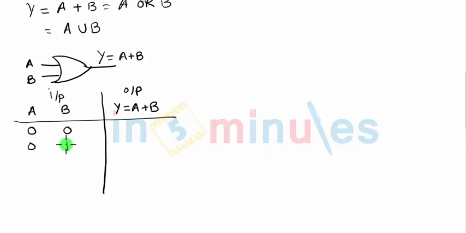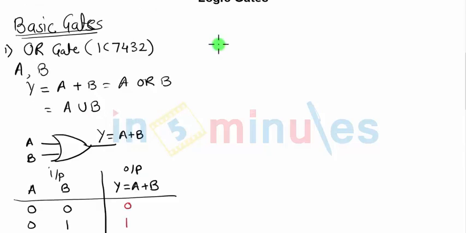So what would be the next combinations? Next combination, as A turns to 1, B is again going to get 0 and 1 with A 1. So output, now output will be noted as A or B. So 0 0, both are absent, output Y will be 0. 0 1, see either of the inputs is present, A or B. In this case B is present, so B is 1. Here A is present, so output is 1. Both are present, output is also 1. This is the basic logic gate, first OR gate.